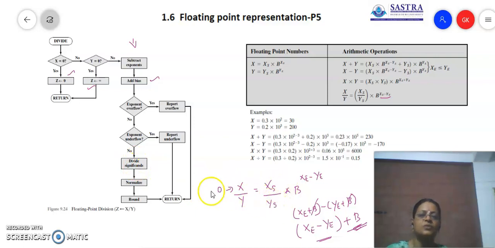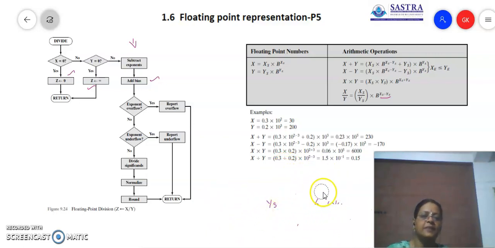So the significands too will be divided, and after dividing the significands, the result has to be normalized, so we will try to normalize the result. And if they ask you to round the value, then we will also give the rounded information. After rounding the value, the result will be returned. Now we will see an example of how it is worked out with this division process.